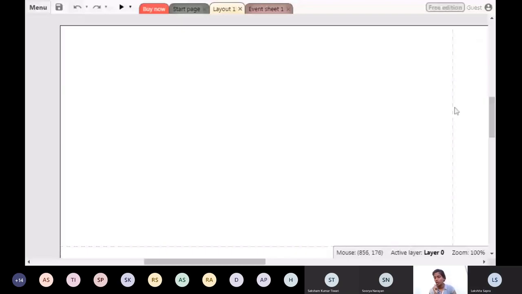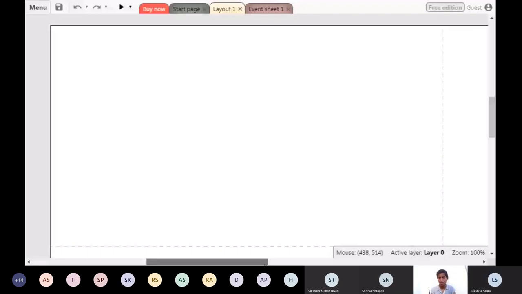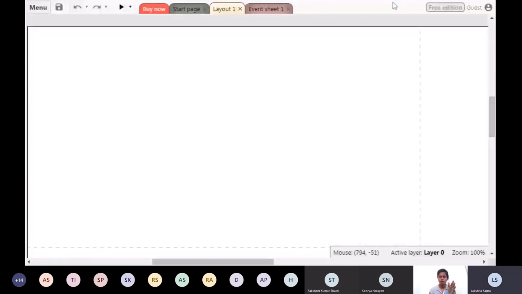So when you see this dotted line, people who are yet to go to the construct, let me give you a few brief pages on that. The gray dotted lines which you're seeing are actually the gaming window, the game space. When you run the game, it is only that picture or that amount of pictures or videos which you will be seeing. If any image goes beyond the gray line, it will not be visible to you when you're running the game. So it is more like bringing into the vision and then hiding it. Always keep all your important details within the gray line, and all the non-important details, like hiding or popping up somewhere in between, you can keep outside the gray line.